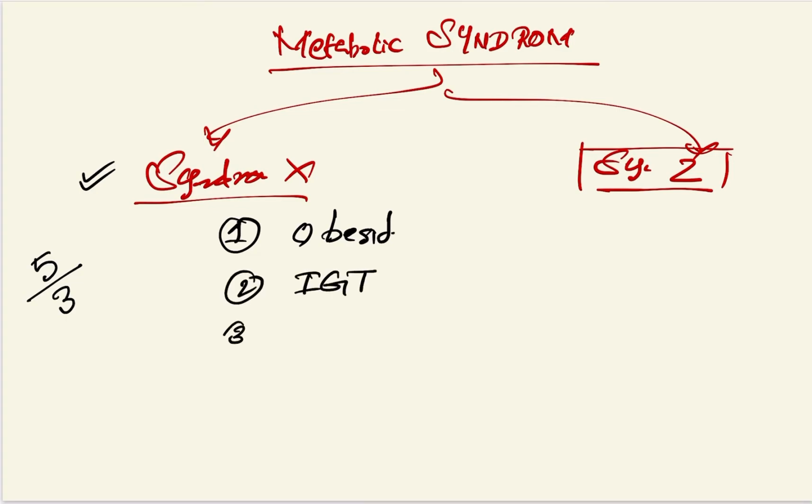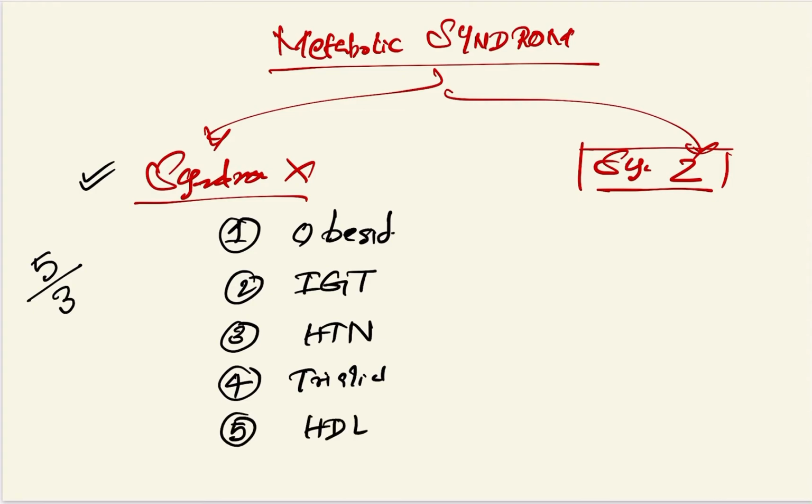The third is blood pressure, that is hypertension, or we say peripheral resistance. The fourth is elevated triglycerides. And the fifth is low HDL. So if any three criteria are present out of these five, then we can diagnose this as